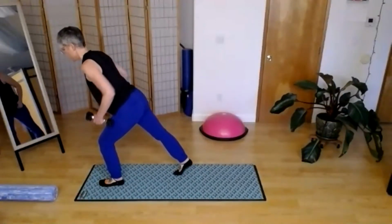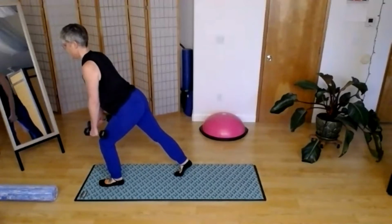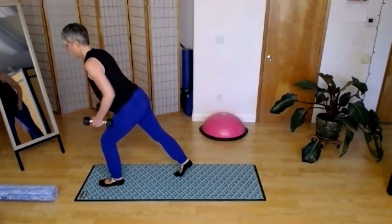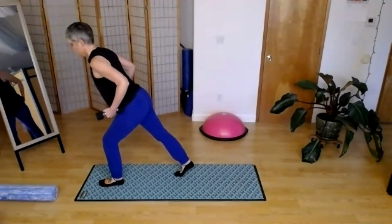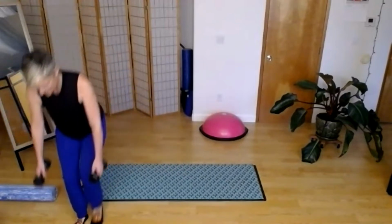And we row. Squeezing shoulder blades. Chest stretch. 3, 4. So this weight should feel heavy but doable. 7, 8, 9, 10. Okay, I'm going to ditch my weights